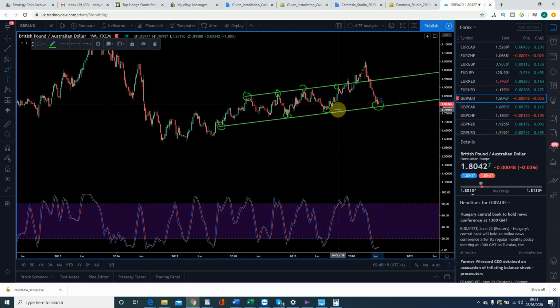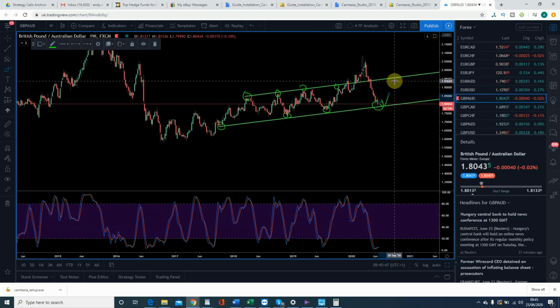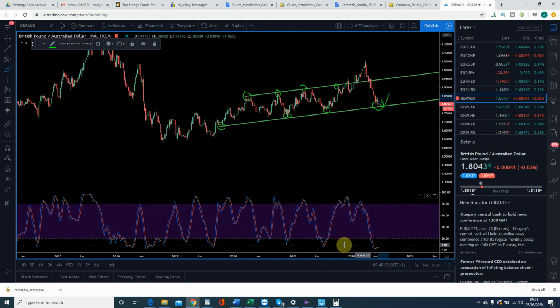So we've had a bit of a fast breakout, and then we've come back in to this channel here, and so this as a filter could be indicating that over the next few weeks sterling Aussie is going to potentially go higher. Now where is it going to possibly go to? Well, we'll speak about that in a moment, but I also want to show you another confluence here